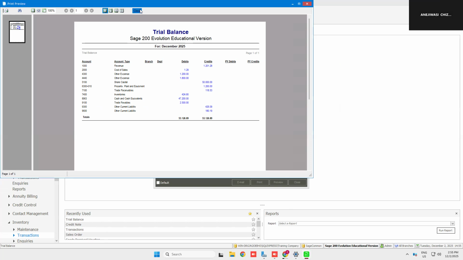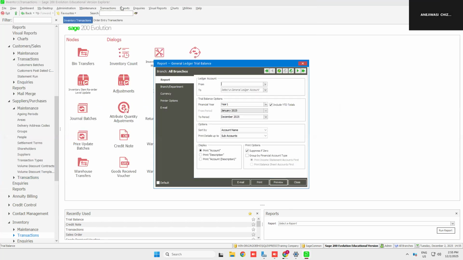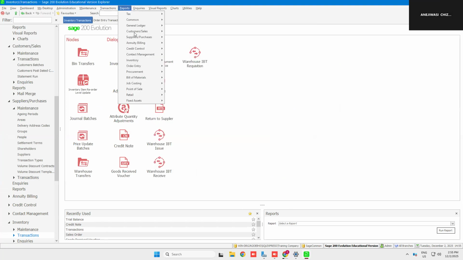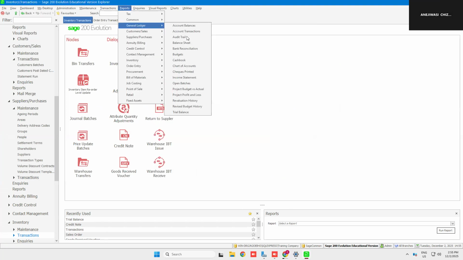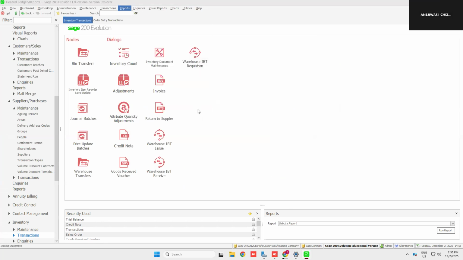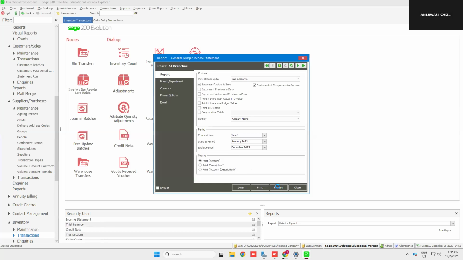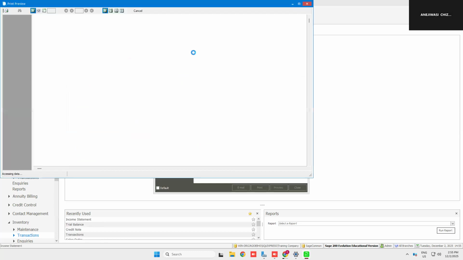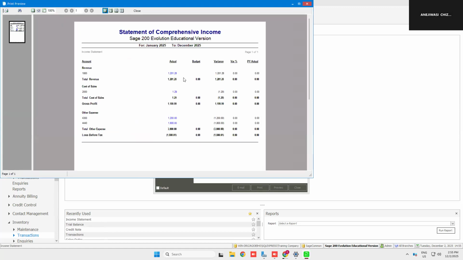If you were to view the income statement, let me just close this. Whenever you are doing a transaction, you need to know what is affected and what is the end result. So if you were to view your income statement, quickly, let me just do that. Right, we would find we now have got some sales which have come through and we should have some profit or loss. So in this case, we've got a loss so far. We did these sales, we had this cost of sales with this GDP,